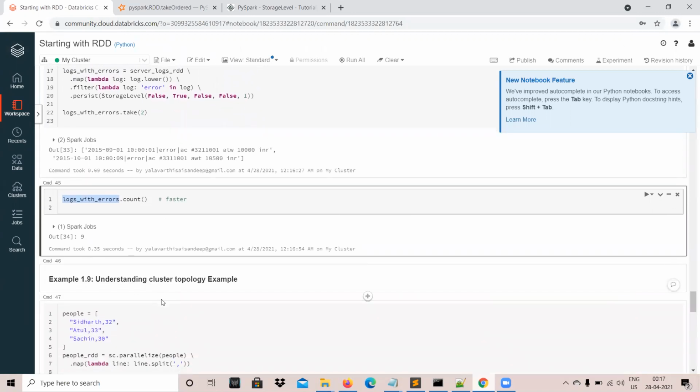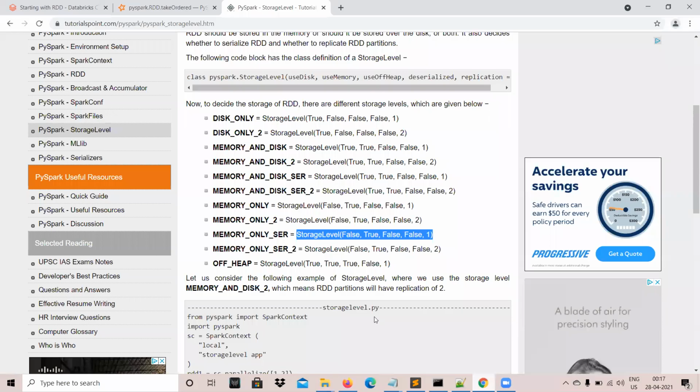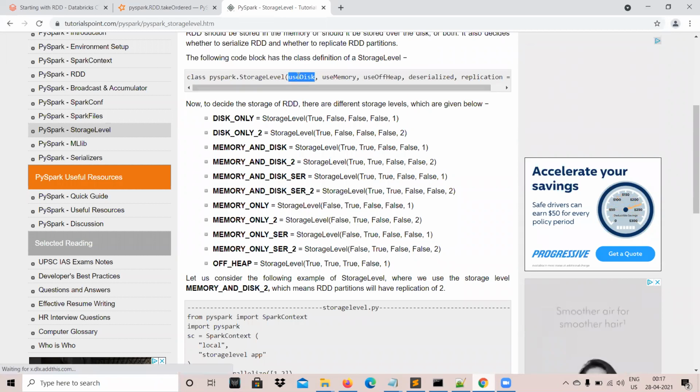Okay, that's about your caching and persistence. The question is basically what does this false, true and all mean. So what you can see, here they are mentioning the storage level class, a constructor having these parameters: use disk, a boolean, use memory, boolean, use off heap, boolean.